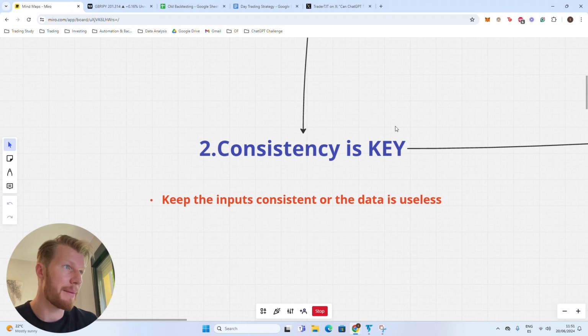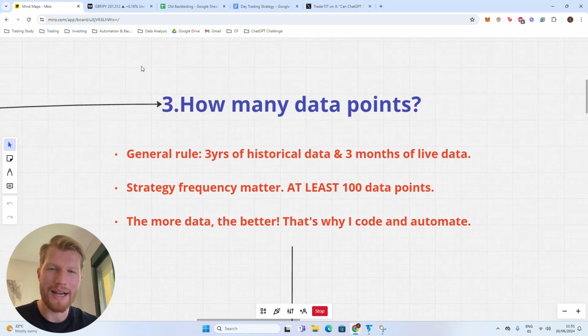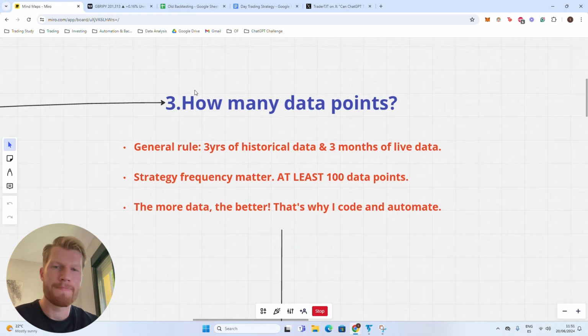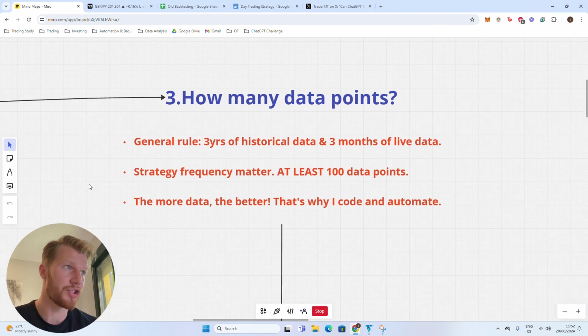And again, that brings us to the next point. How many data points do you actually need to consider, to really gain anything of value? Right, this is a really important one. How many data points are necessary? Because I think what I've noticed in the trading community is I think a lot of traders underestimate how much data they need. They think 50 data points is enough, or things like that. And the reality is that's just not enough. 1 month of backtesting, 2 months is not enough data, not even close, right? And so I've put here what's a general rule of